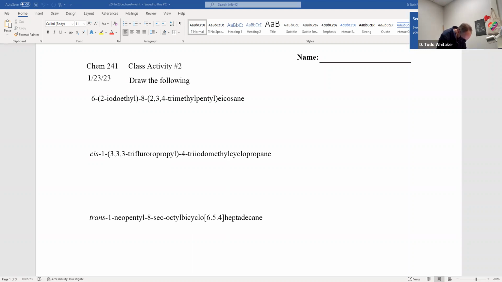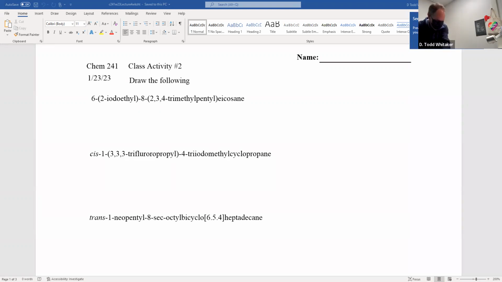1, 2, 3, 4, 5. Worked out a little better this time. This one I'll go down with new dots. 1, 2, 3, 4, 5. And then I need 4 new dots. So on this one, I'll go 1, 2, 3, 4. And this one, I'll go in the middle with 4. 1, 2, 3, 4. So all the chains are done, or the rings, or the bicyclic ring. Okay.